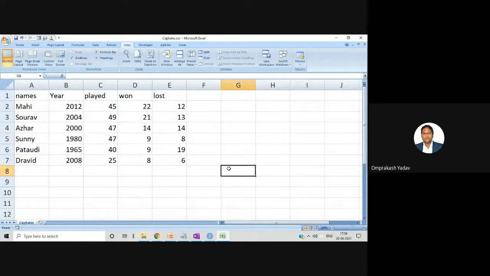So different captain names are there like Mahi, Saurav, Ajay, and the year, then the number of played matches. I just mentioned anything, just to tell you that you create this data frame. You can give the data frame any name and just display it.